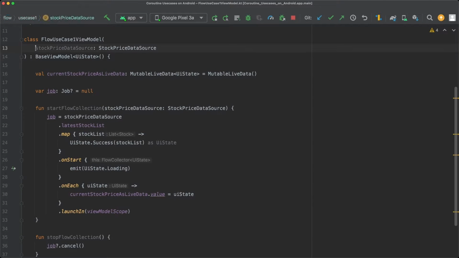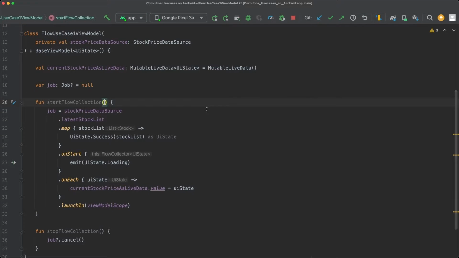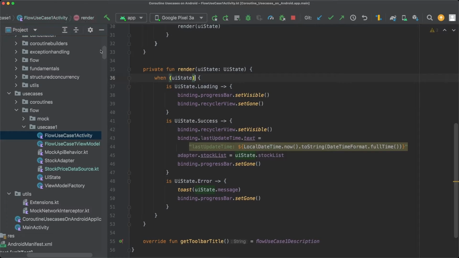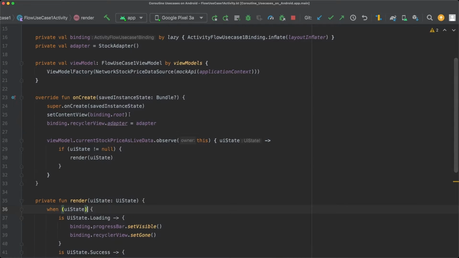Let's also define the stock price data source as a property, so that we can get rid of this parameter here in our startFlowCollection function. Alright, this is the naive solution of the view model. In the view model, we now have two functions, one function to start the flow collection and another function to stop the flow collection. And what we need now is to switch to the activity, and in the activity we